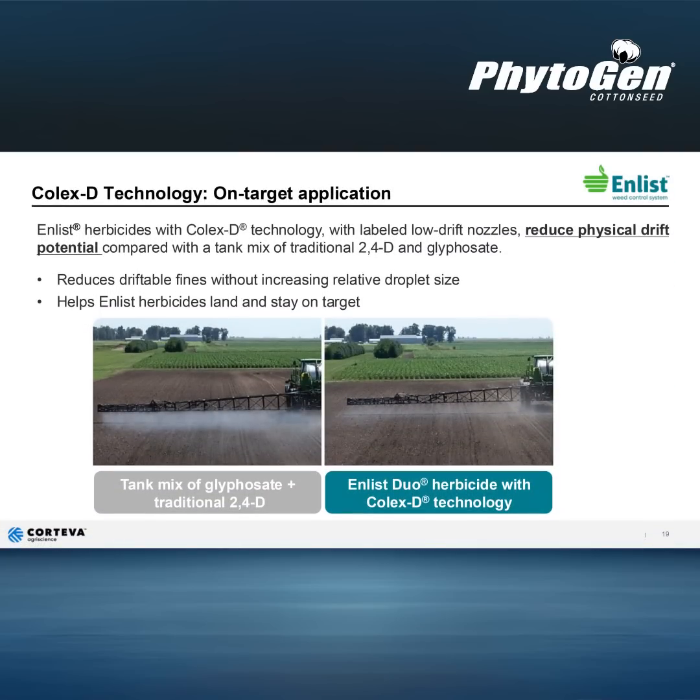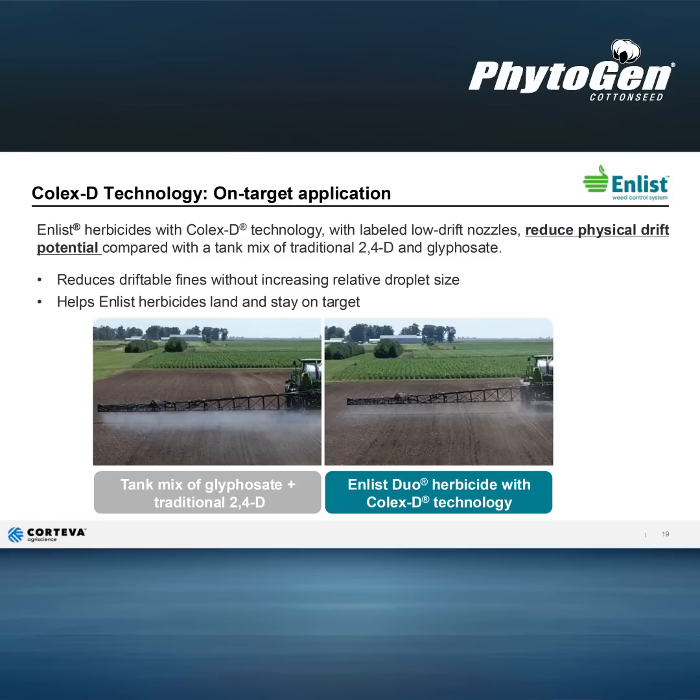You may notice an additional component to that formulation. The addition is called Colex-D Technology. One thing you may notice is that drift-reducing adjuvants or DRAs are not a requirement when spraying Enlist herbicides. The reason for this is that the Colex-D technology is essentially a DRA built into the formulation for both Enlist 1 and Enlist Duo. This is a combination of formulation technology and enhanced manufacturing processes that reduce the physical drift